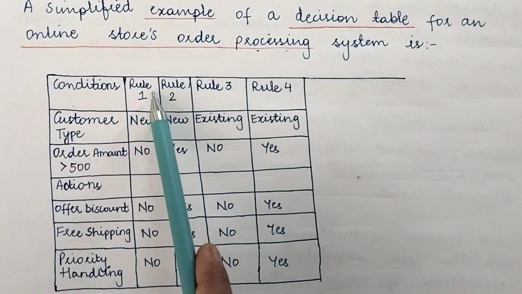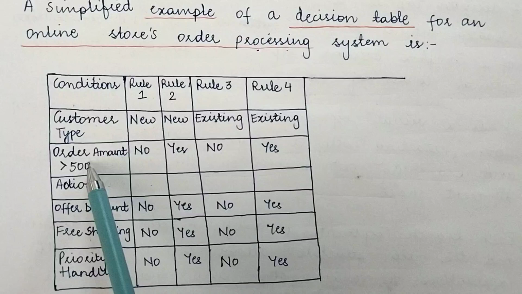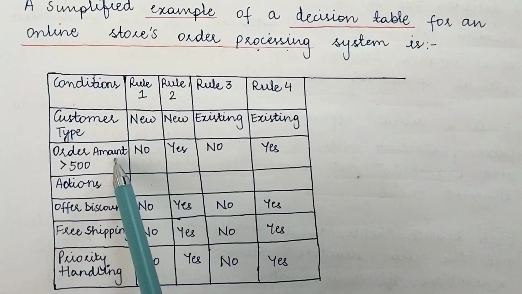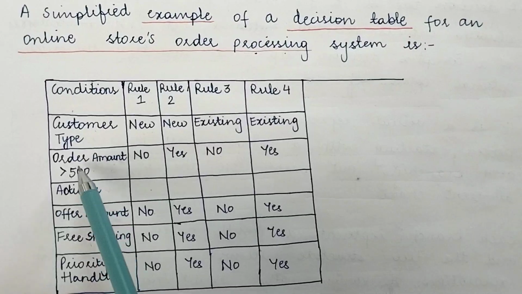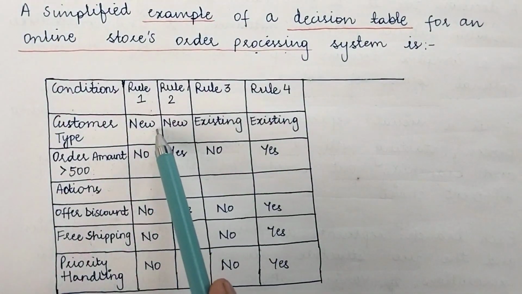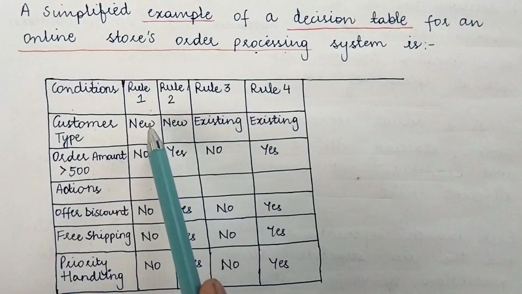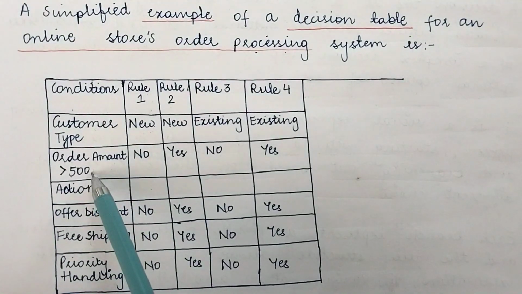According to Rule 1, if the customer is new and the condition is if the order amount is greater than 500. So the condition is if the order amount is greater than 500, and the Rule 1 says if the customer type is new. So for a new customer having order amount greater than 500,